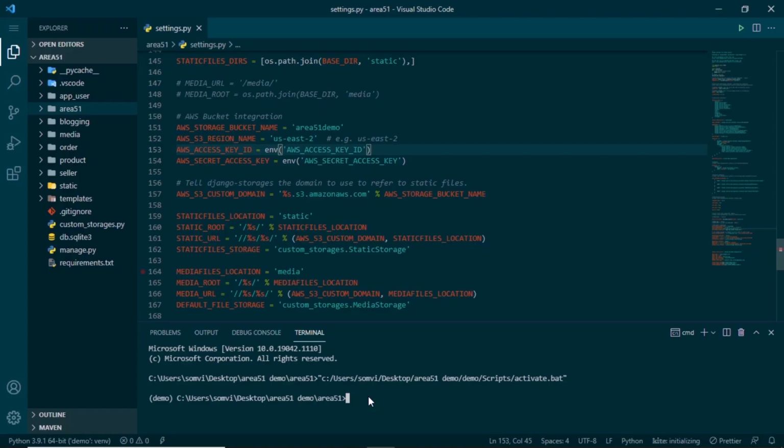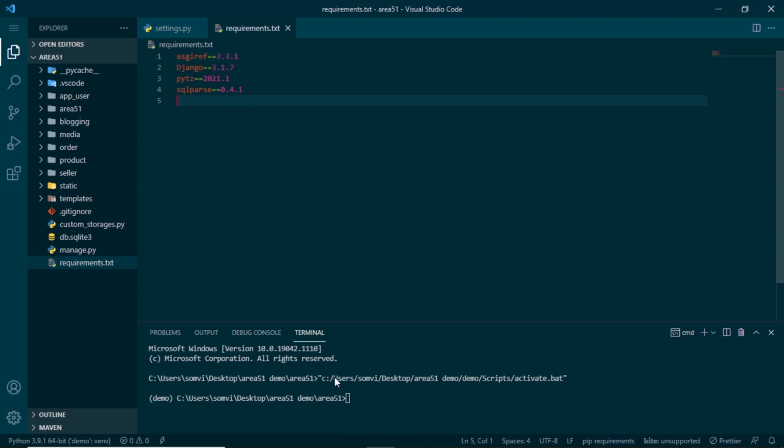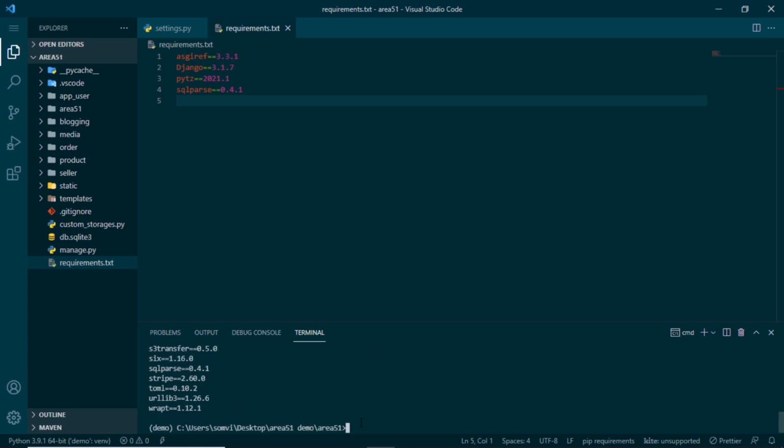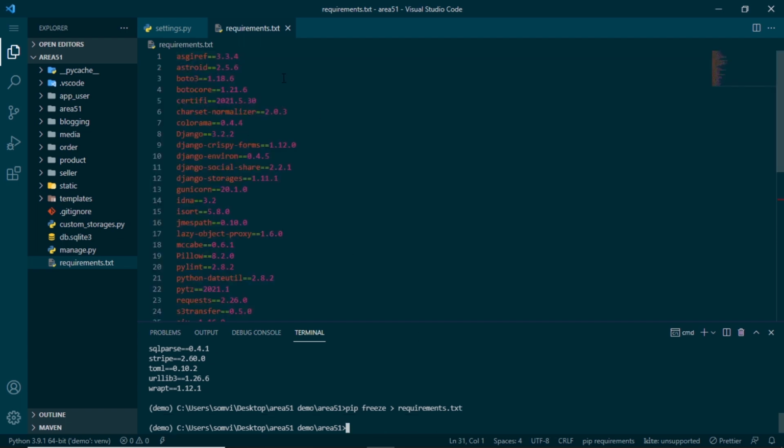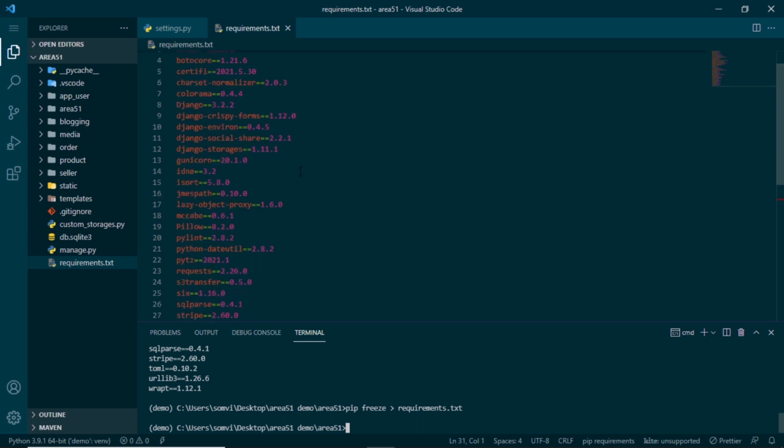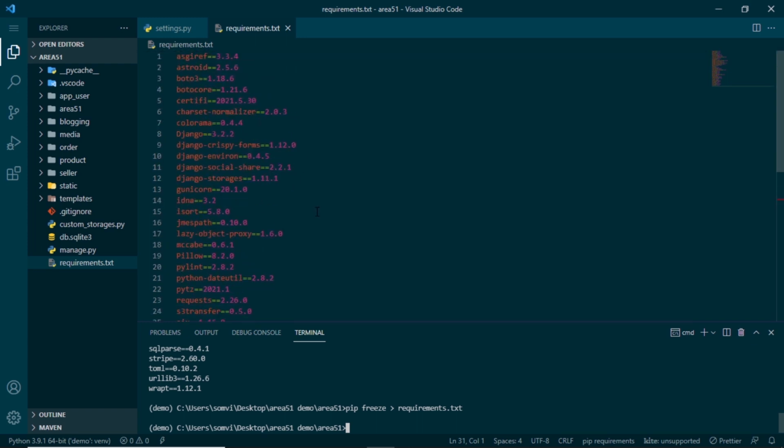One last thing before we go to our cPanel, we need to prepare our requirements.txt file. If we check our requirements, we don't have much, but if we see pip freeze, we see that there are a lot of dependencies. So what I will do is, I will say pip freeze greater than requirements.txt. It will copy all of these pip items into requirements.txt. If I press enter, you can see that our requirements file is changed and now it has all the dependencies. Now we have our requirements set. We can move on to hosting.